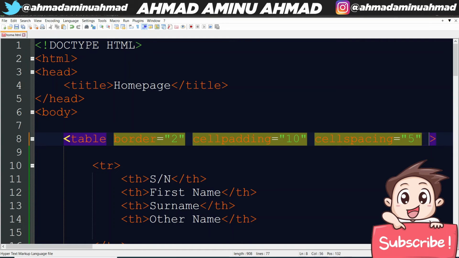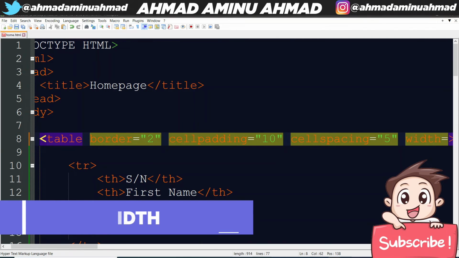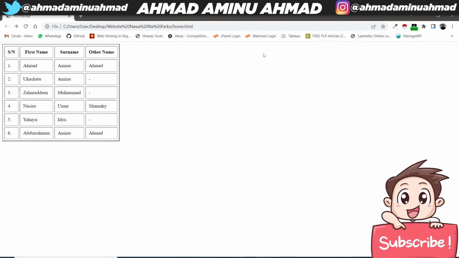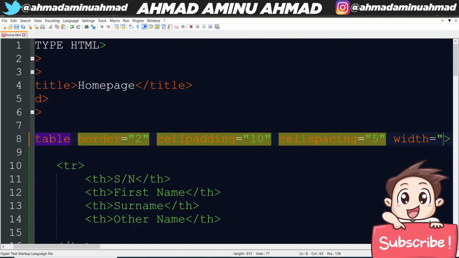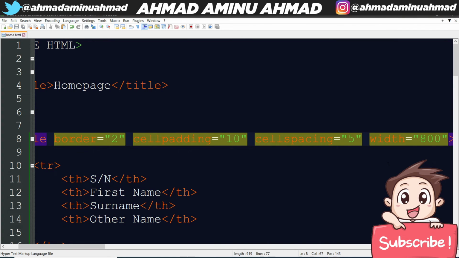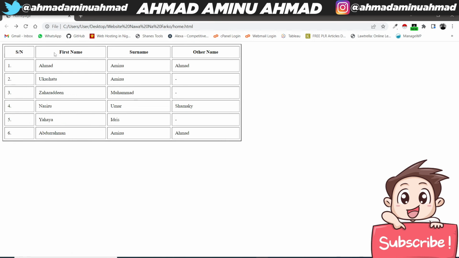So we can use another attribute which we call width. This width attribute adjusts the width of your table. We can just use this attribute and put it in pixels, so let's put 800. So 800, the width we want it to be 800. If we save now, you see this is how it opens it wide, so it has a very wide, with the 800. So this is how you put the width of your